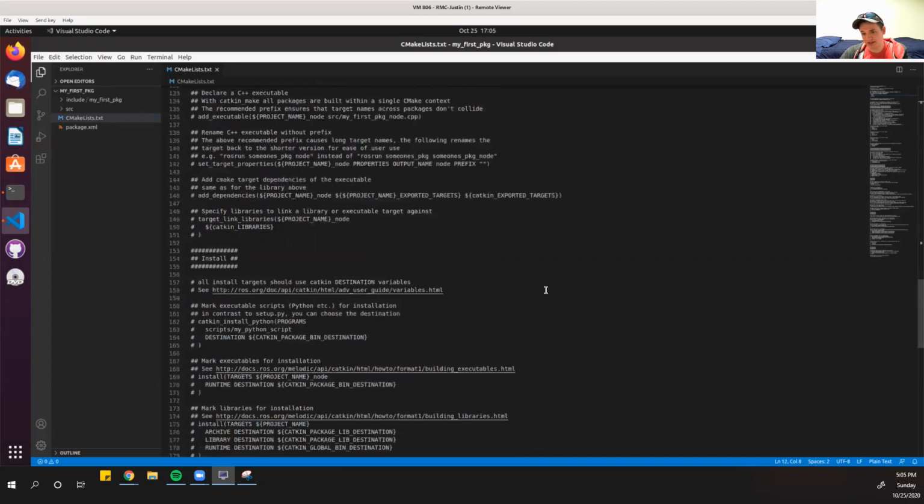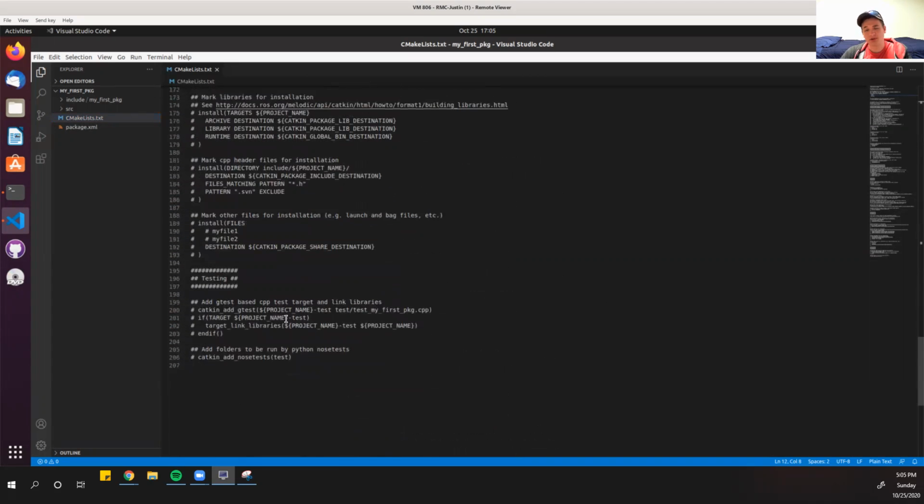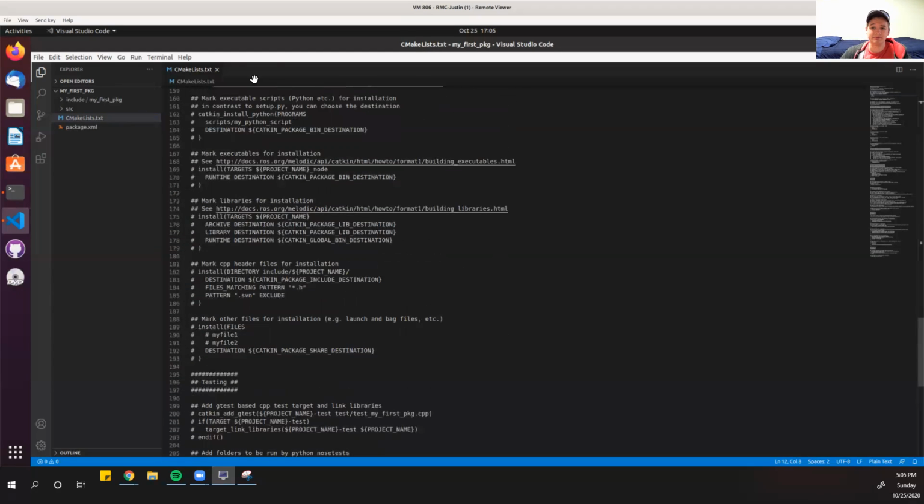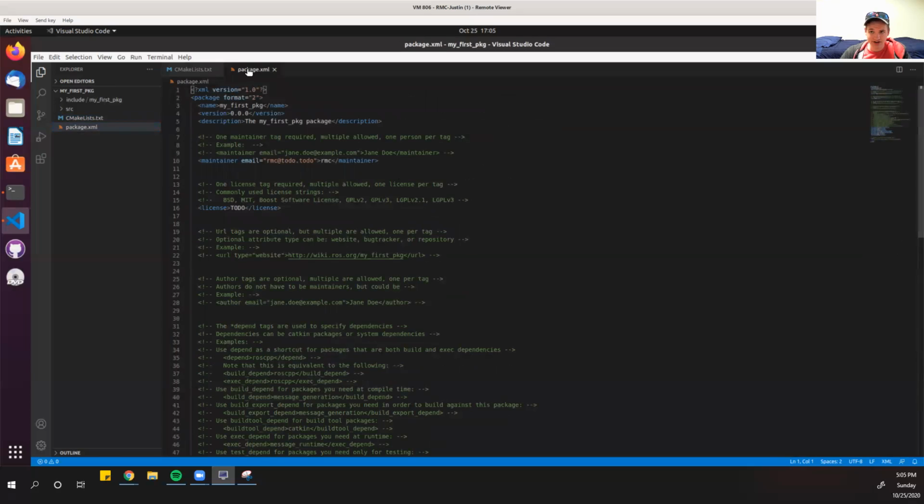A bunch of C++ stuff. Some Python stuff. If we end up using it, I'll make a video on this more in depth, but it's just a bunch of essentially setup for your package to tell ROS what your package is up to. And for the package.xml,